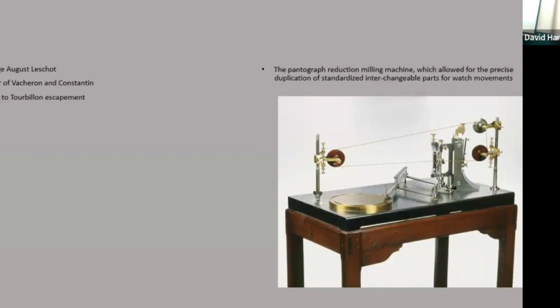He also worked, and is particularly well known, on the pantograph reduction milling machine, and was seen at the time to be a major step for the Swiss watchmaking industry, that it could really standardise the production of watches. This man is a mechanical genius, but he's not himself going to involve himself in applying technology. Where did he get the idea? He gets the idea, so we're told, from a knowledge from